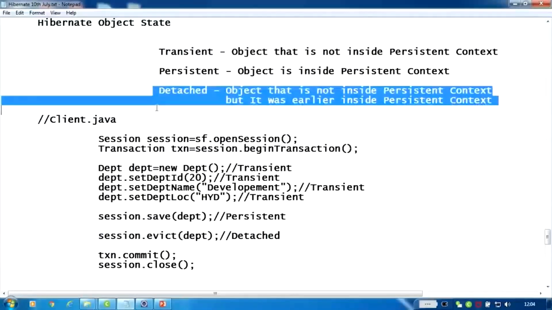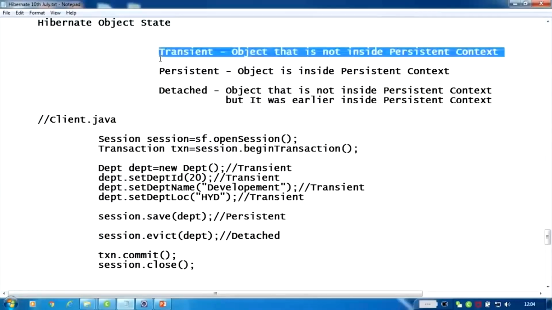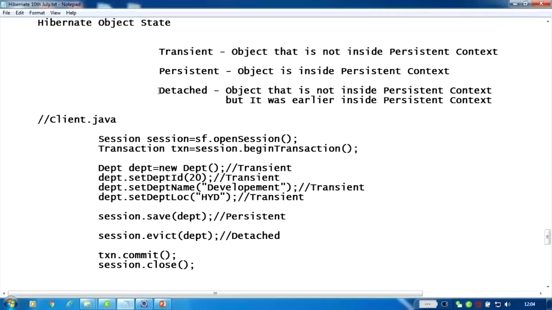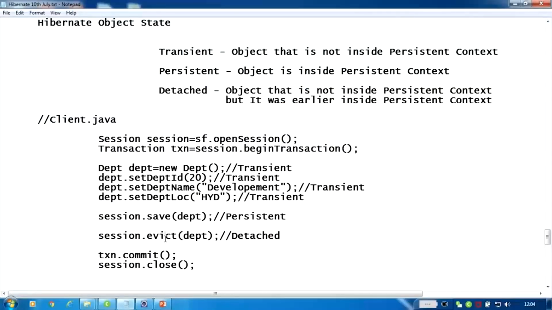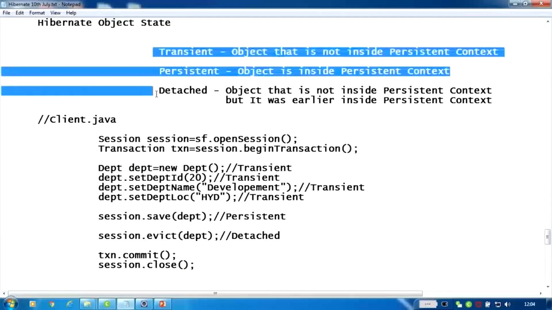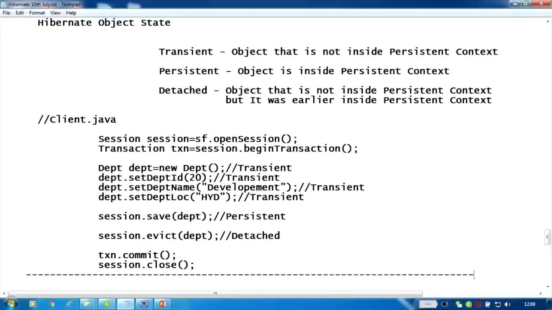And that is the difference between transient state and detached state. In the transient state, the object was never inside the persistent context earlier; the first time you have created the object. But in the case of a detached object, the object was earlier inside the persistent context, but not now. So this is how we can define the three different states of a particular object. What we'll do now is